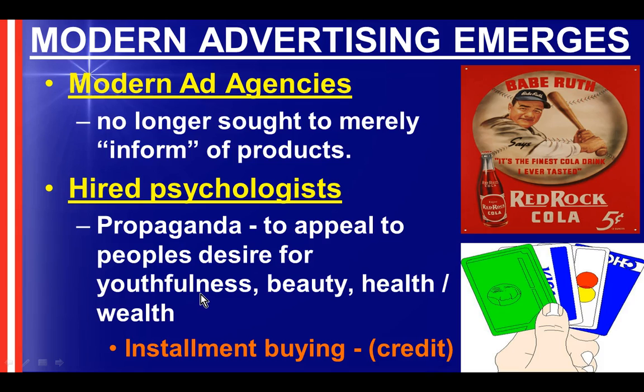Modern advertising is big as well. It had been going on earlier in the Industrial Revolution, but now it takes on a more colorful and catchy slogan kind of tone. Modern ad agencies are big industry and big business as well, not just here to inform you about what we have, but to associate products with famous names, famous people, associate a status with them. They hire psychologists to come up with propaganda and slogans and to help design them so that they're attractive to the eye, to get you to buy it just from a visual, verbal slogan kind of a sense.